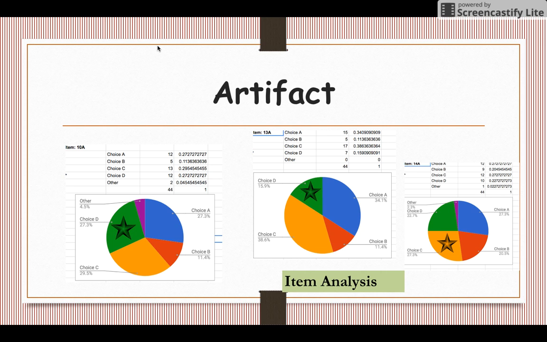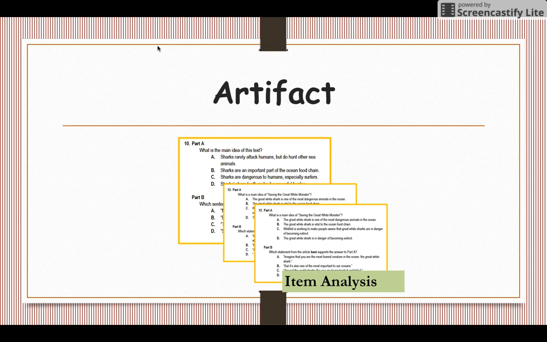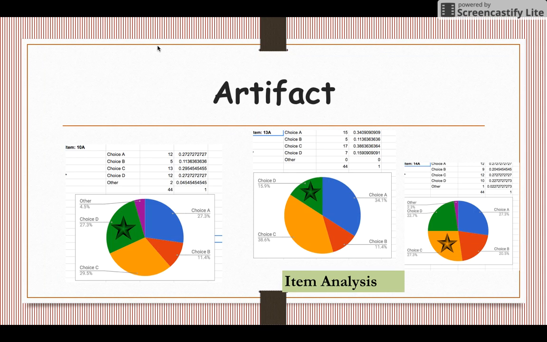Some of the artifacts we explored were the items on the test that actually tested main idea of informational text. And those are 3 items you can see here. We put them in graphs to help us see what choices the students made. Not just that it was incorrect, but also which one, so that we could get some insight into what they're thinking. So we also needed to see what the test question actually said, so that we could have some background knowledge on what choice D means and so forth.